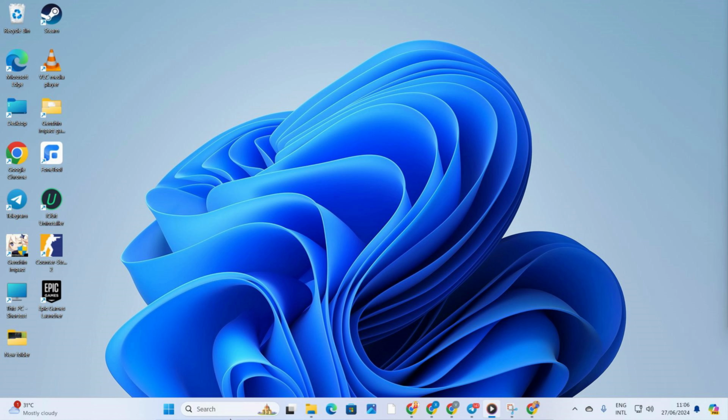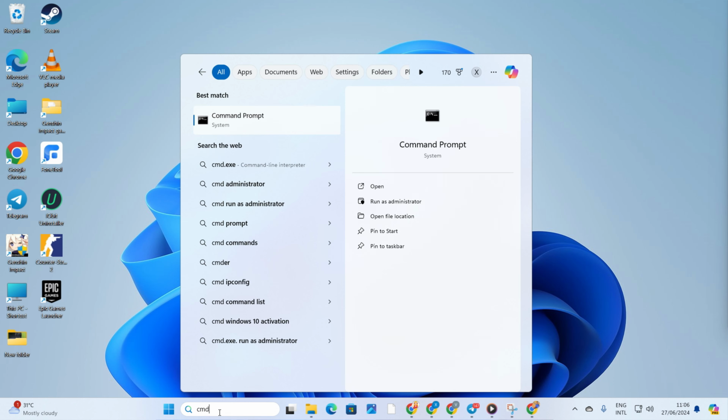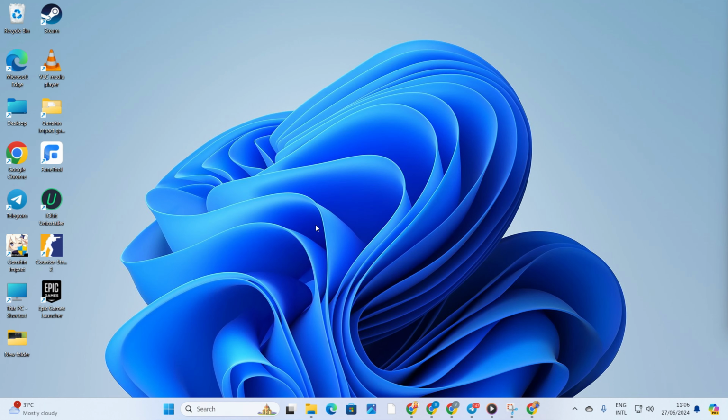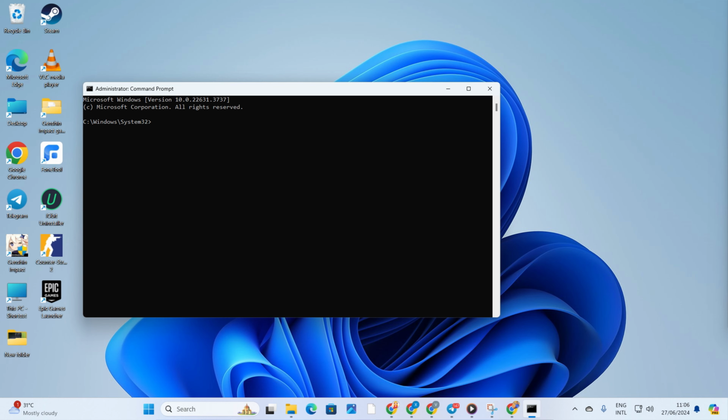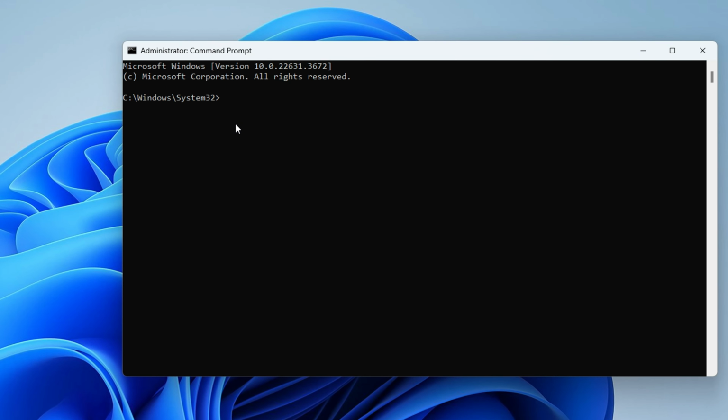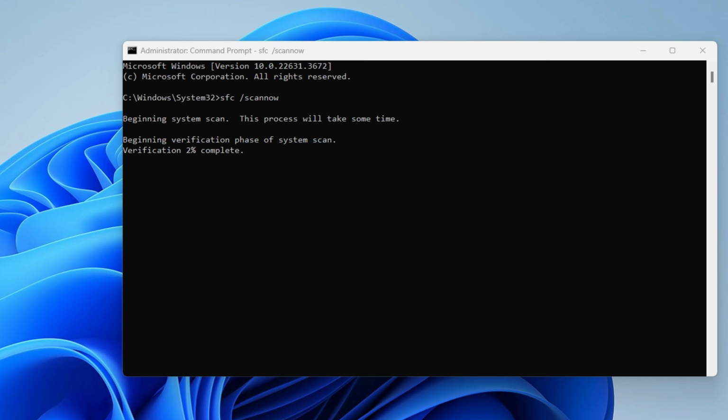Solution 3. Repair Windows System Files. To begin, click on the Windows search icon and type in CMD. Then right-click on Command Prompt from the search results, select Run as Administrator and click on Yes. Now in this window, type in sfc /scannow and hit enter. After that, type in